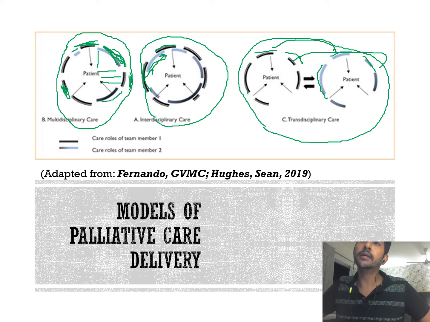The nurse might also care for the patient's basic hygiene and nutrition, but she also looks at the patient's social care needs and spiritual care needs. So there is a significant overlap between the duties of care of these professionals, so there are minimal chances for care gaps. The patient is receiving holistic care through this approach,